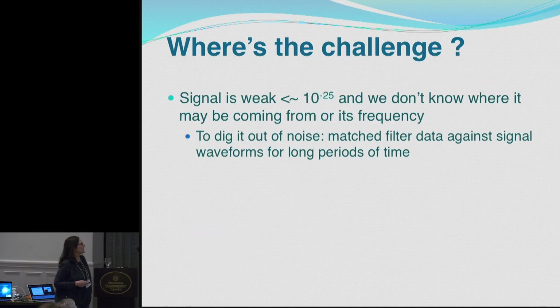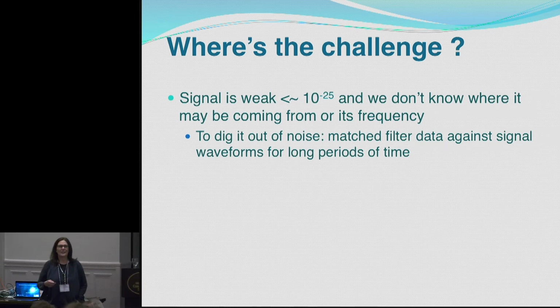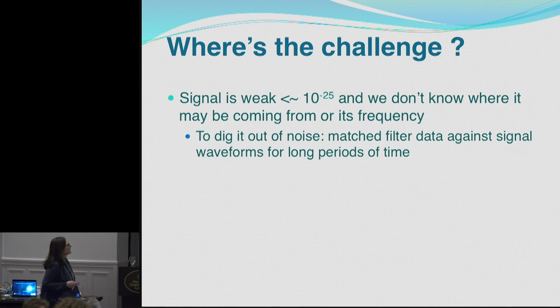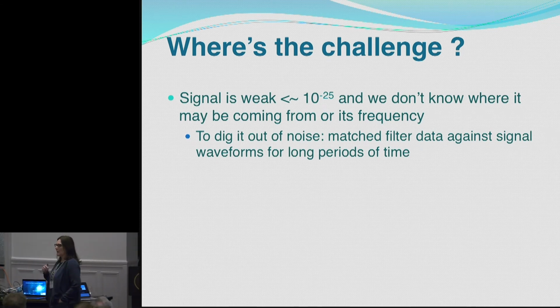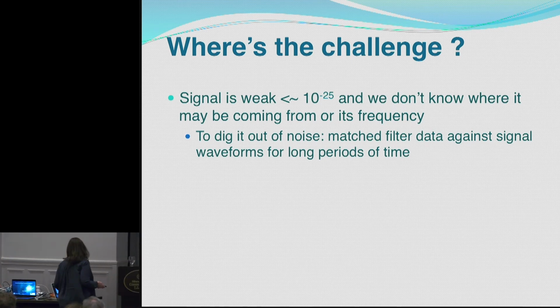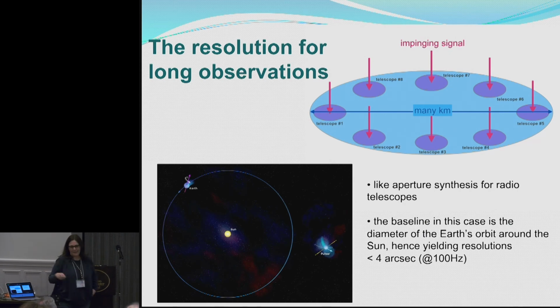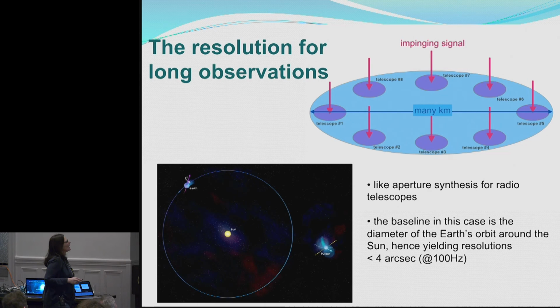Now, what's the challenge with this? The signals are weak. The h0 is 10 to the minus 25 or so. And we don't know where it may be coming from. So to dig it out of the noise, like we do for the known pulsars, we want to combine all the data coherently for very long observation times. But we are sitting on a detector that is orbiting around the sun. And so what happens is that